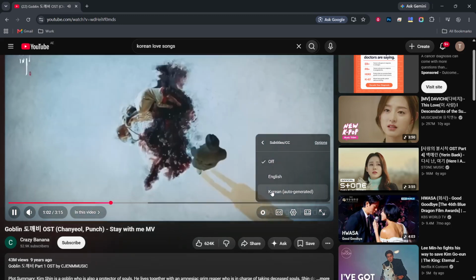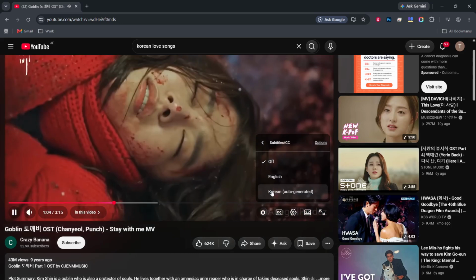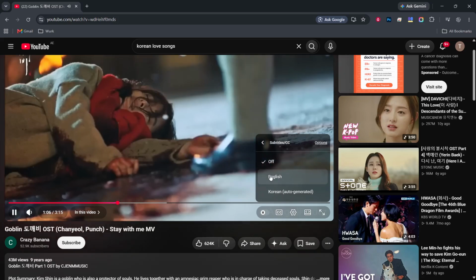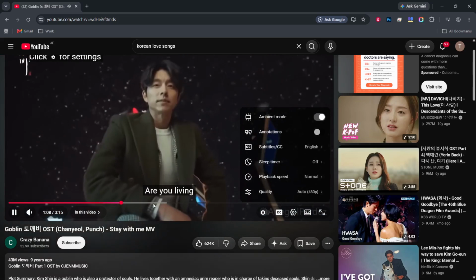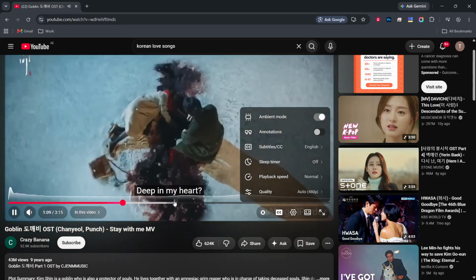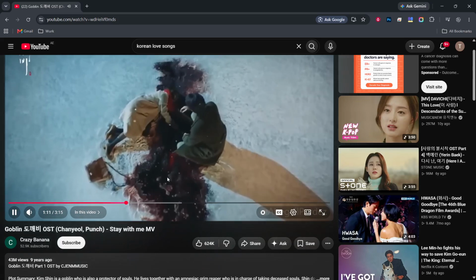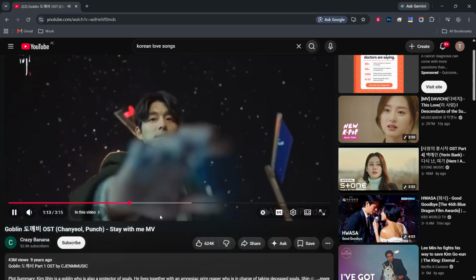Turn on subtitles by choosing a language from that list. For many videos, that will be the original language of the creator, like English or Spanish. Once you click it, you should see text appear along the bottom of the video, following what the speaker says. If you still do not see any text, move your mouse to confirm the choice shows a check mark next to it.